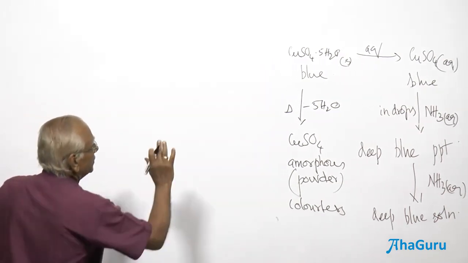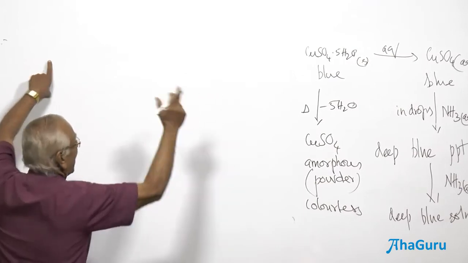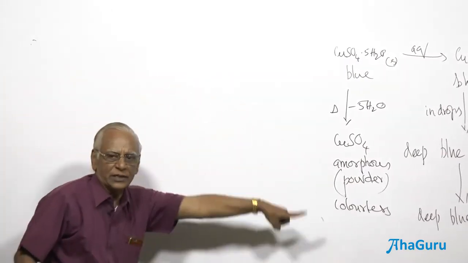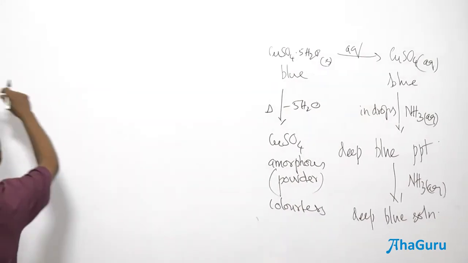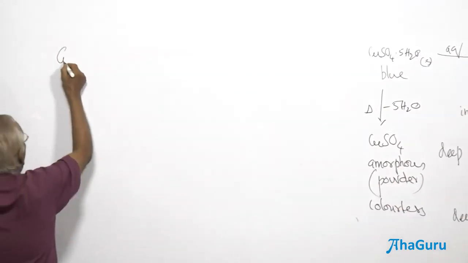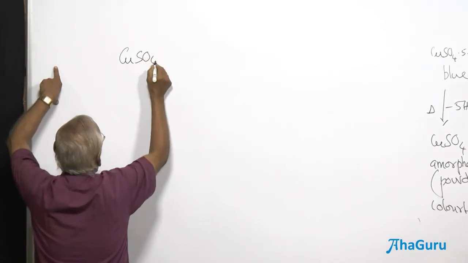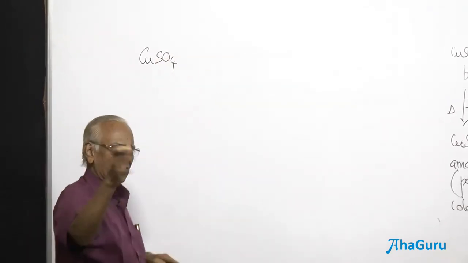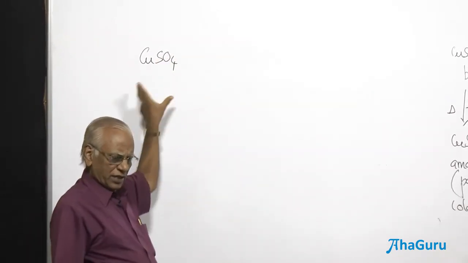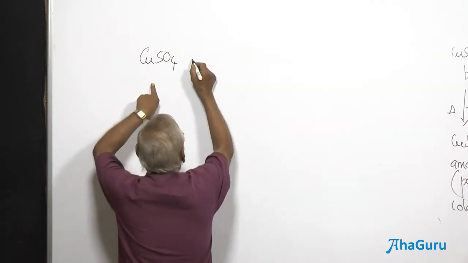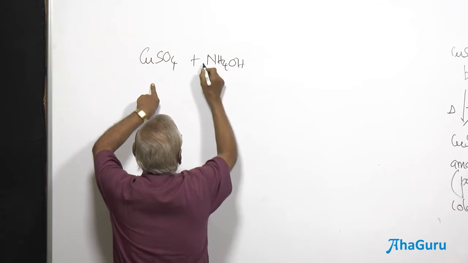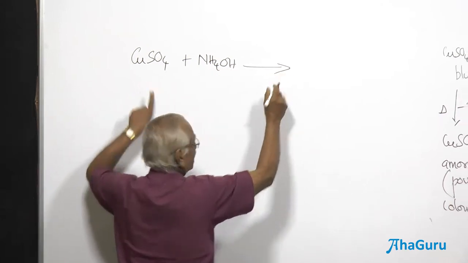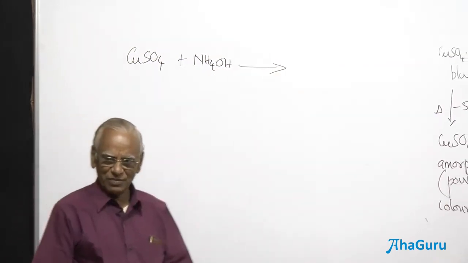Now, this is going to be the situation. What happened? Let me write the chemical reaction for this observation. Write it. Reactions involved in that particular process. CuSO4, let me not include water, just CuSO4 alone, plus ammonium hydroxide. Double decomposition. What should be the product?